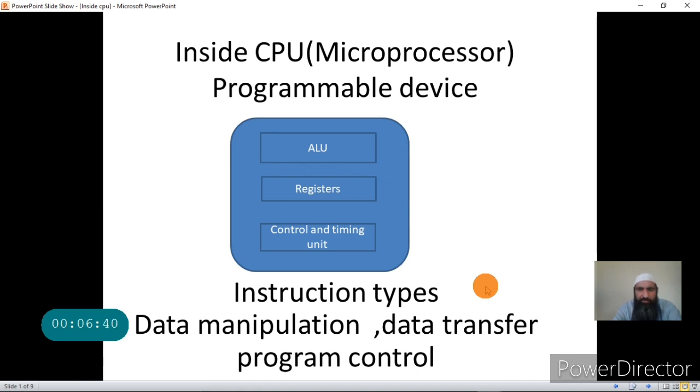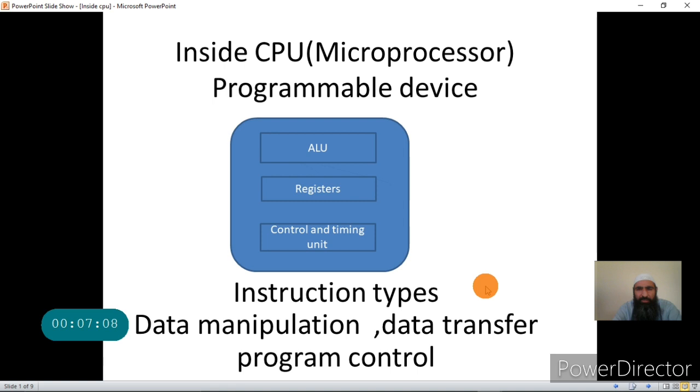And then the timing unit, because the name of unit is control and timing unit, it provides the clock to the processor. That is, each instruction takes a time to complete, and processor knows in advance how much time that instruction takes.